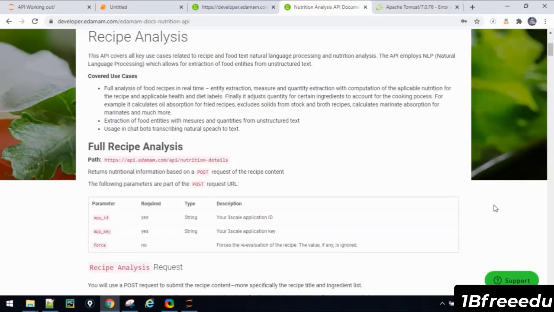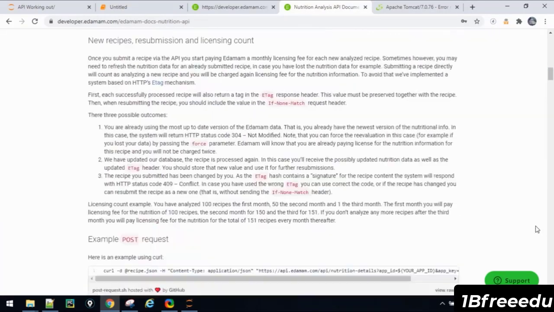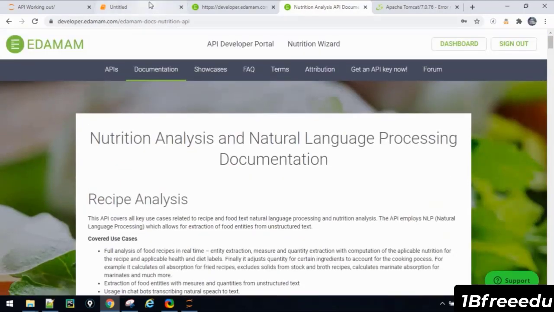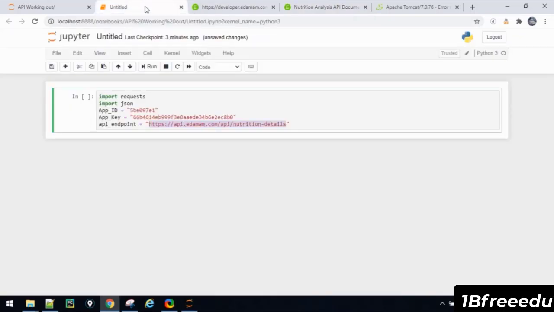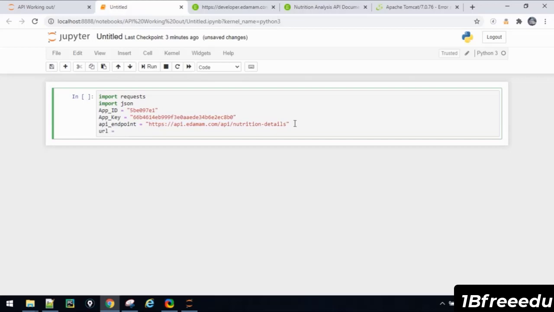Below they have given the examples also. So now I'll build it for you, so that you don't need to go through all the documentation for now. But in future, if you need to build any particular API, you should surely know how to read the documentation and use it, okay. So now I'm creating a parameter called URL, and then I'm creating a URL, and then I'm passing